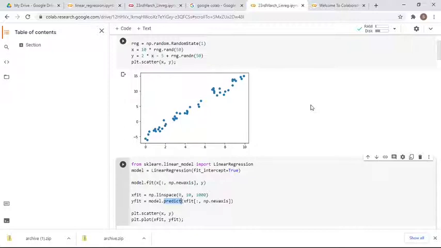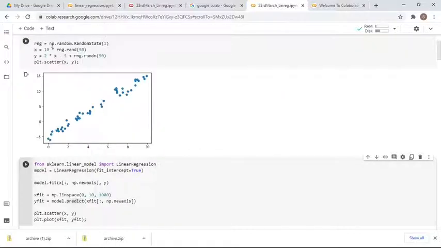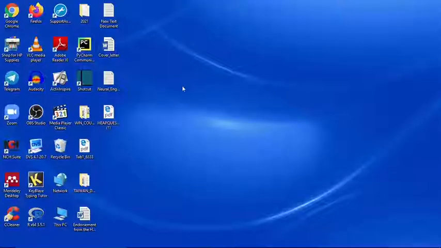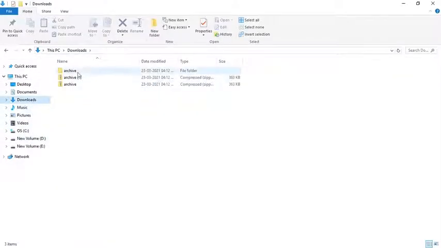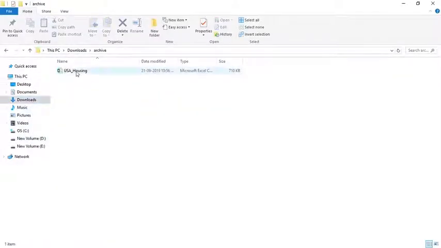Okay, so for that the rule is different. What you have to do is mount this drive, the drive where your dataset is. Already I have uploaded this US housing dataset.